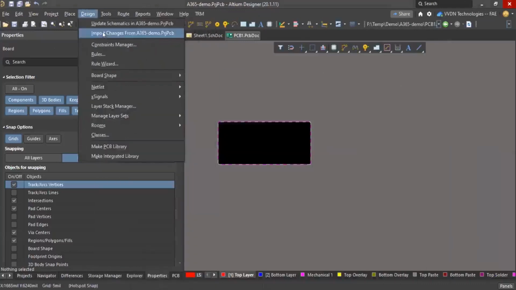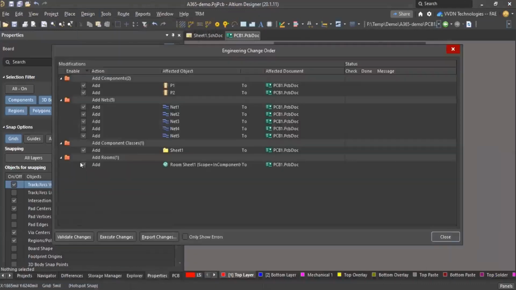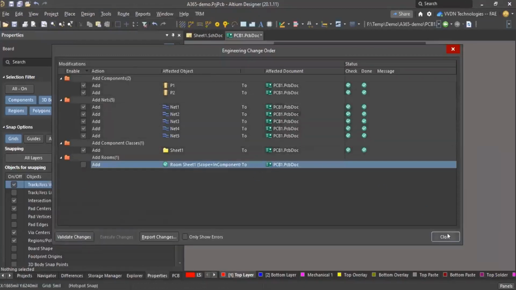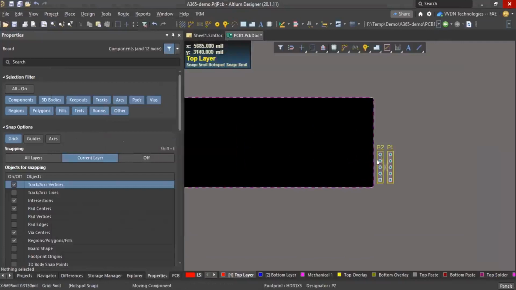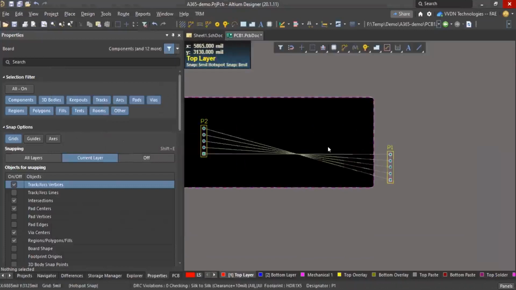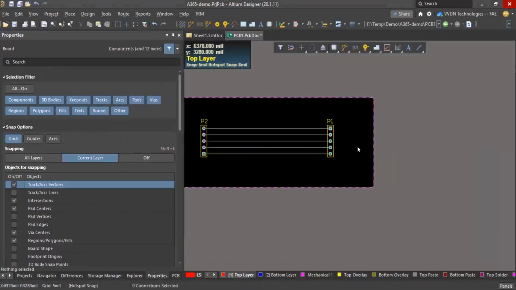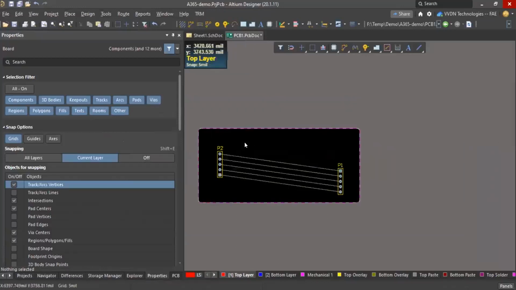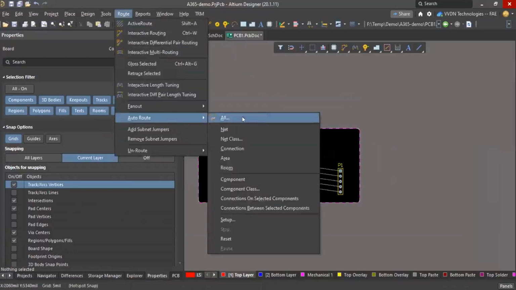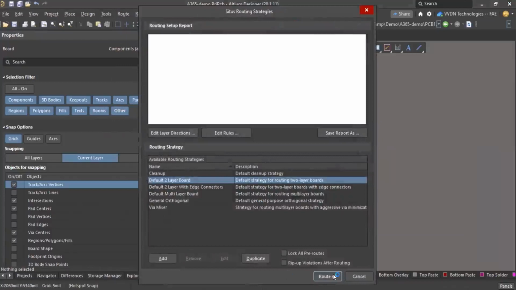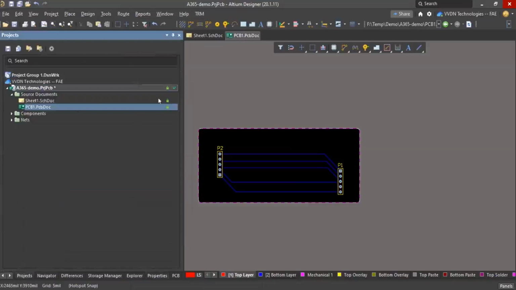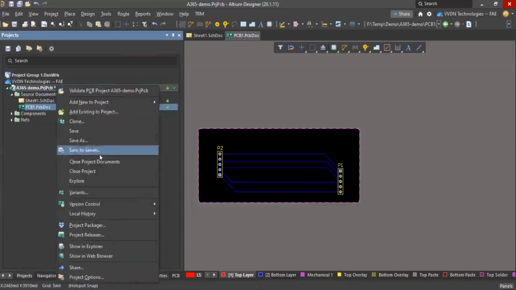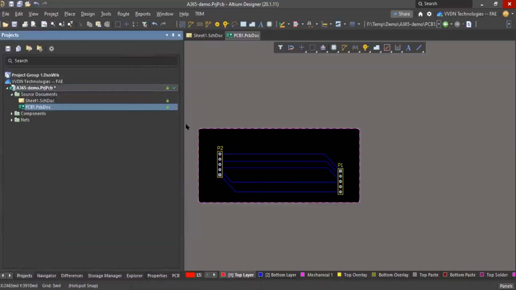Now changes. Auto route. Okay. So save the PCB. I have saved it, and you can commit that whole project.